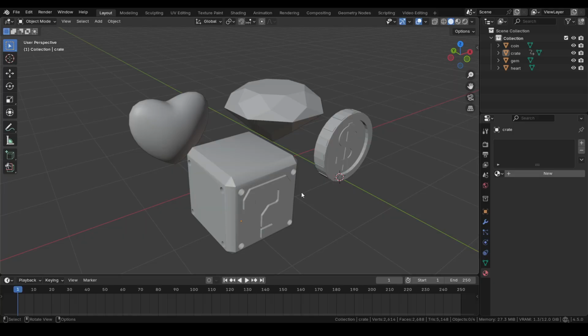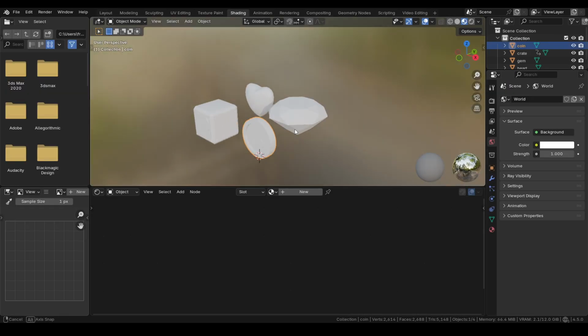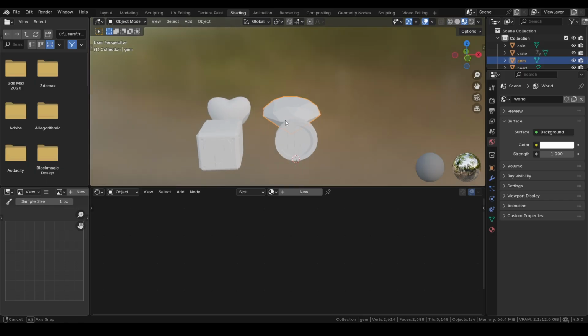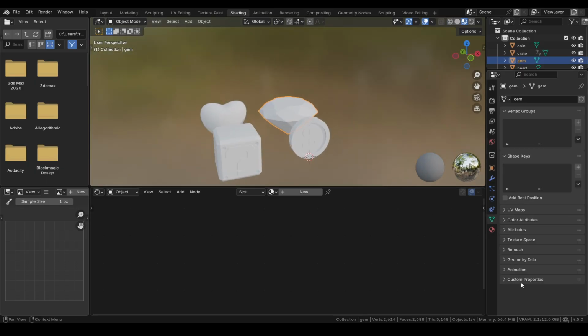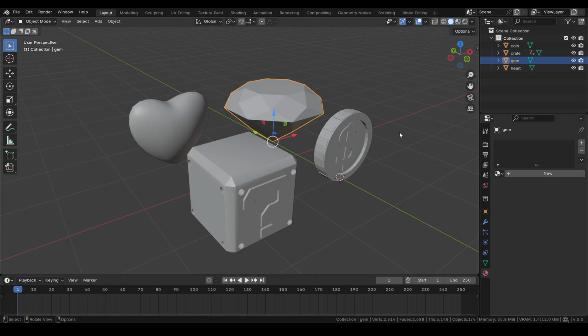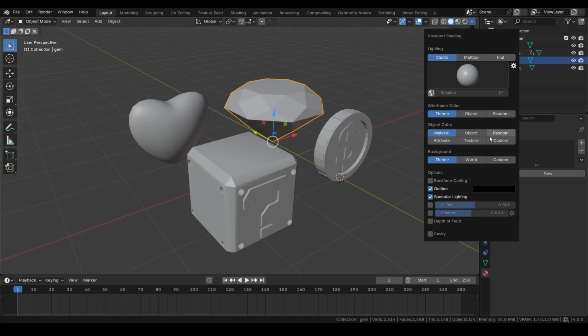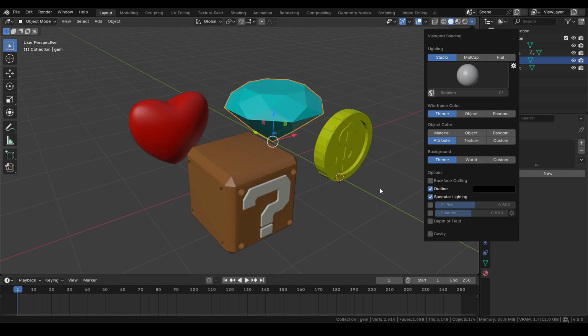Now let's move on to the case of vertex colors, which are very useful when objects have a highly stylized look and there's no need to create materials or textures. In fact, the objects I'm showing on screen now don't even have a basic material, but only their respective vertex color channels, which can be displayed in the 3D viewport in object mode by choosing the attribute display option.